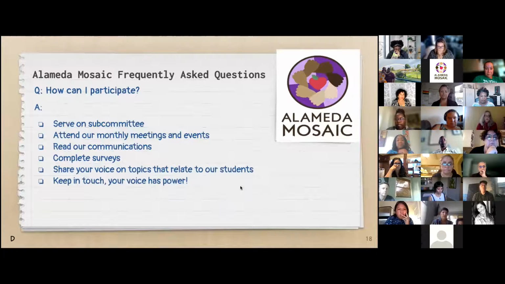How can I participate? So some of the ideas that you're seeing have been thought of up until this point, but they're missing your input. So please know that anything that you see and want to include, we just need your participation and we can make those edits. So right now we're saying serving on a subcommittee. We want to have a subcommittee model where we can begin to meet in smaller groups and start tackling some of the areas which we see need improvement or our input.